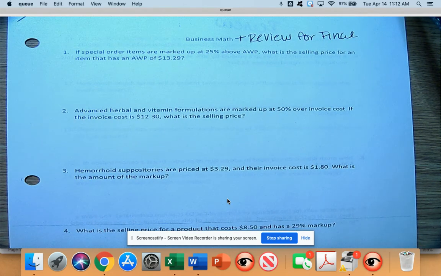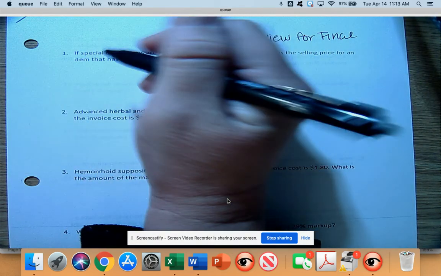If special items are marked up at 25% above AWP, AWP stands for average wholesale price. What is the selling price for an item that has an AWP of $13.29? Okay, so our AWP is $13.29 and we're going to mark it up 25%. So the way that I do that is I take my $13.29